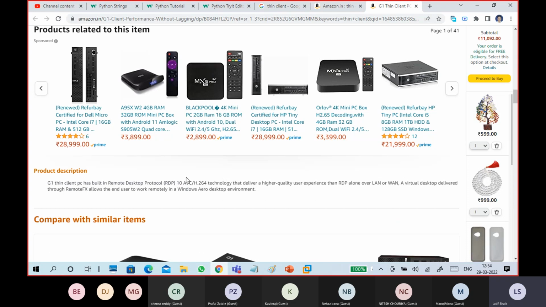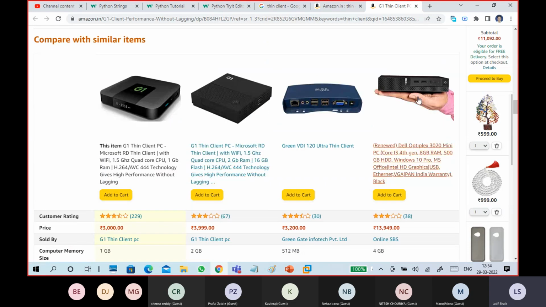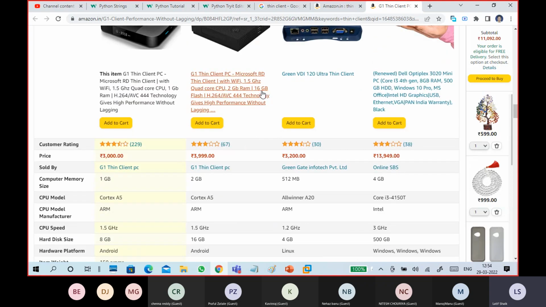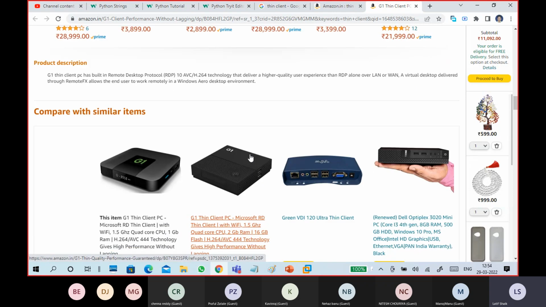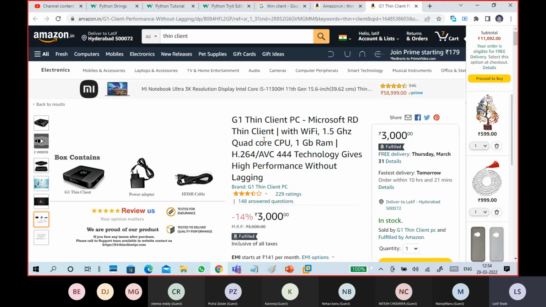These are not exactly thin clients. These are Android boxes only, but these are like thin client kind of stuff. You can go to each one, and you can also see 16 GB flash memory and 2 GB RAM. But infrastructure wise, it is very small in size. So obviously, what we think about it,